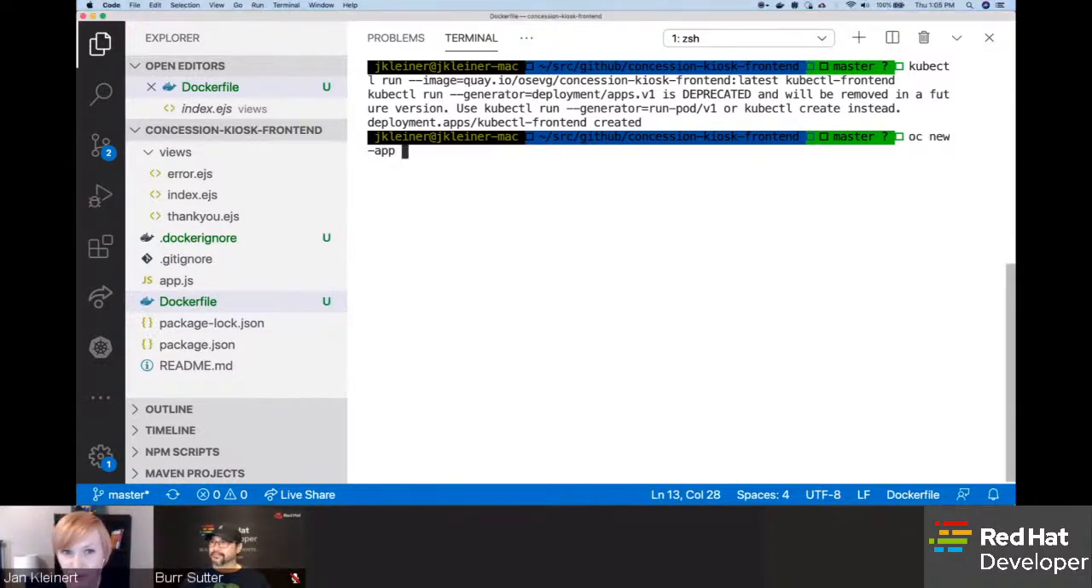So oc new-app, and I'm already authenticated to this Kubernetes cluster. So I pass it in that GitHub URL. We'll go for typing it and see if I can do this without typos here. Concession kiosk front end. All right, and we called the other one kubectl front end, we'll call this one oc new-app front end so that we can distinguish it when we go to the web